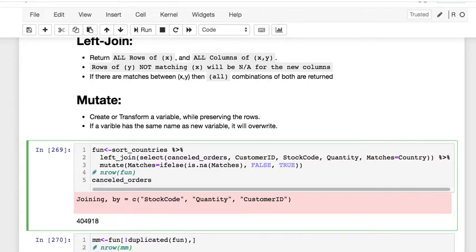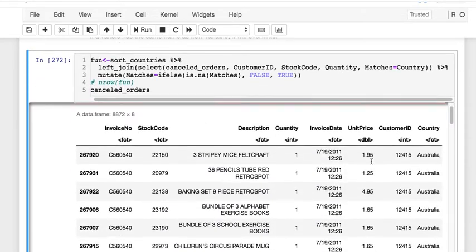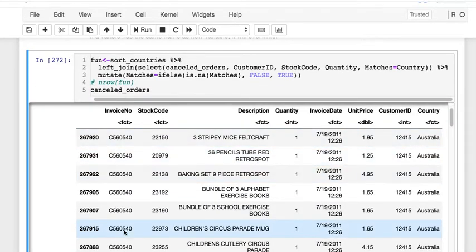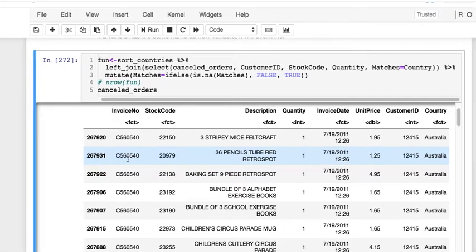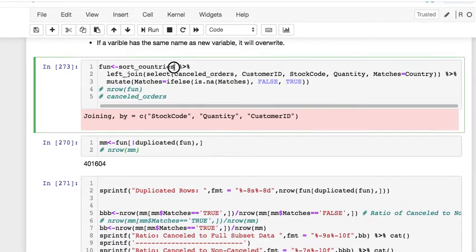Let's look at what that looks like. This is your Y. So this is everything that's canceled here. So I extracted those because I want to do my comparison. Okay? So basically I'm taking the sorted countries that has canceled and regular orders, and I'm doing a comparison by the customer ID,